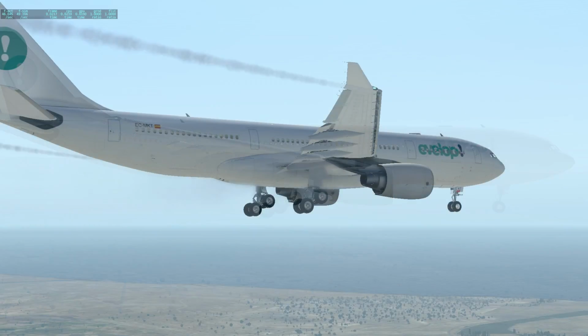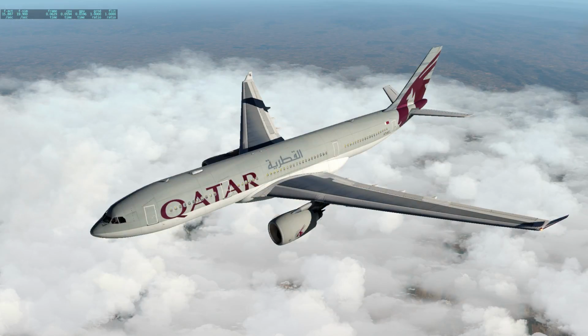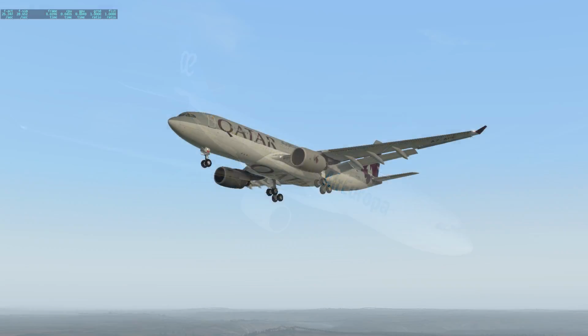Today we're going to change the engines of the A330 of JARDesign. We're going to change the Rolls-Royce engines for the General Electric and Pratt & Whitney engines. I am going to do this tutorial with the General Electric, but the Pratt & Whitney engines is the same